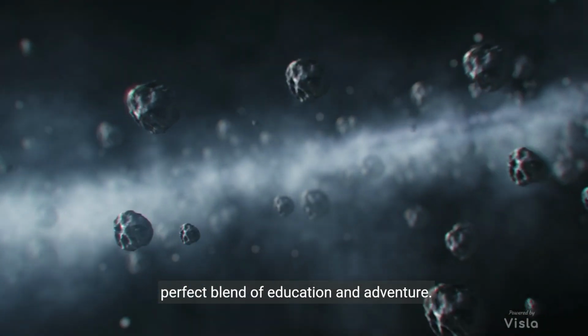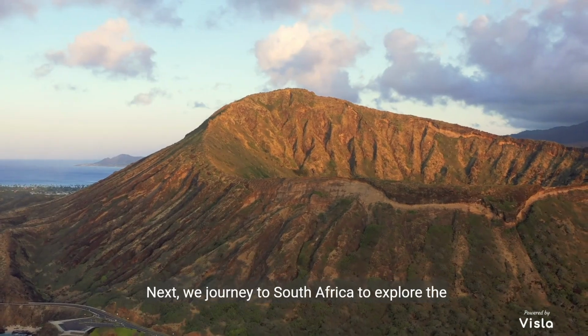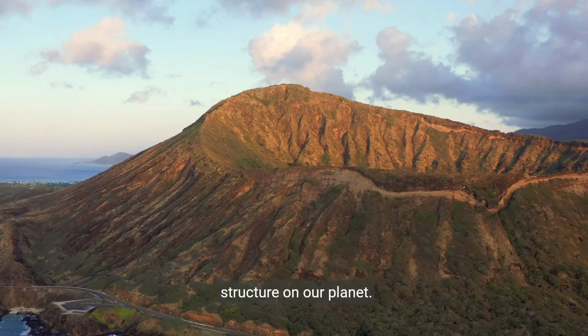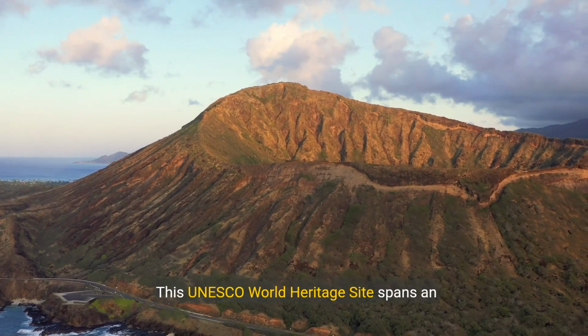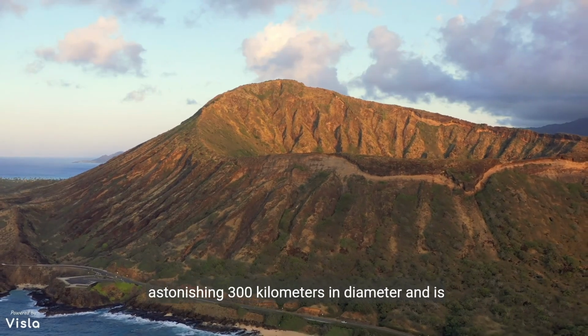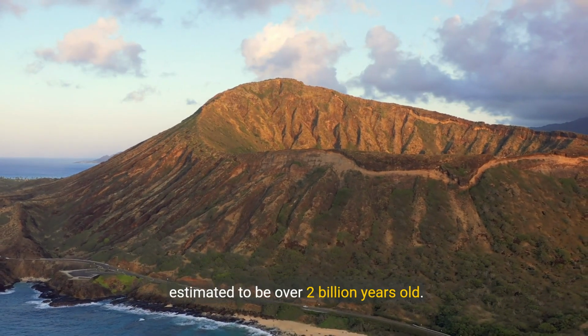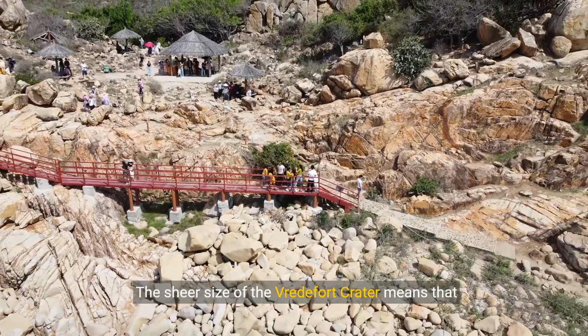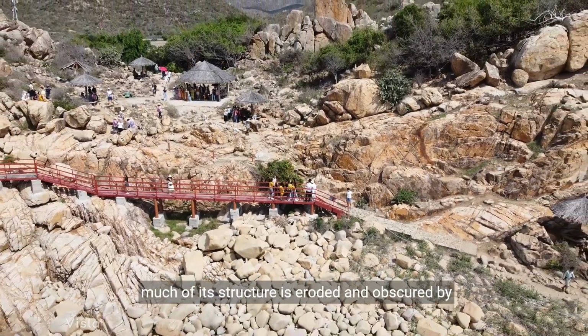Next, we journey to South Africa to explore the Vredefort crater, the largest known impact structure on our planet. This UNESCO World Heritage Site spans an astonishing 300 kilometers in diameter and is estimated to be over 2 billion years old. The sheer size of the Vredefort crater means that much of its structure is eroded and obscured